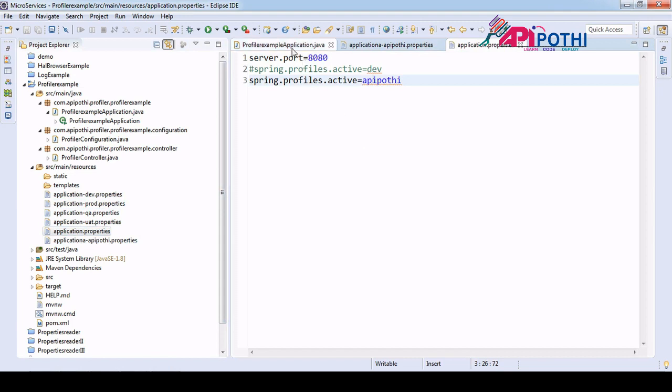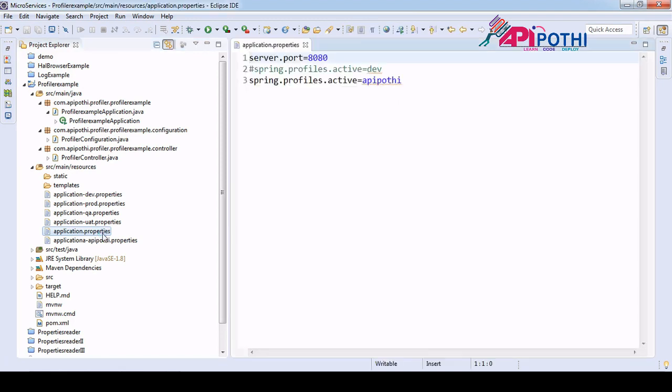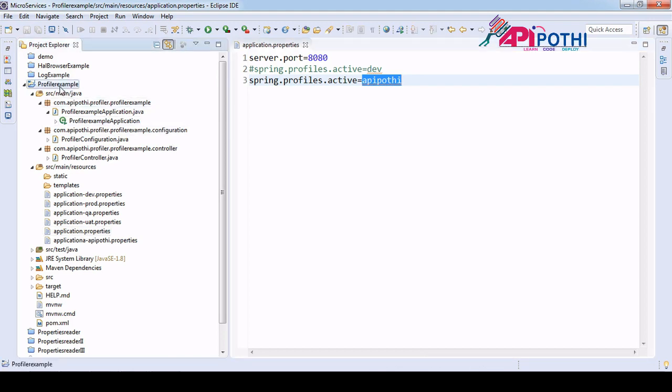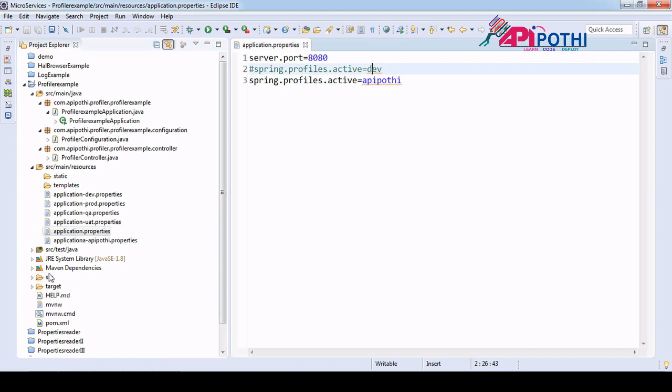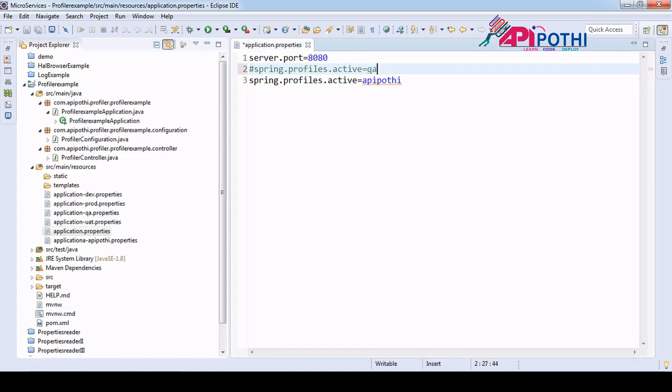Okay, so now suppose that you want to change your configuration, you have to change it through your application.properties file. Meaning that we have the project here, we have written all the code, we have tested, now we are in dev. Okay, now since we want to move this code from dev to QA, before moving, we need to set it as QA, and only then my code is able to pick the changes of QA, right?